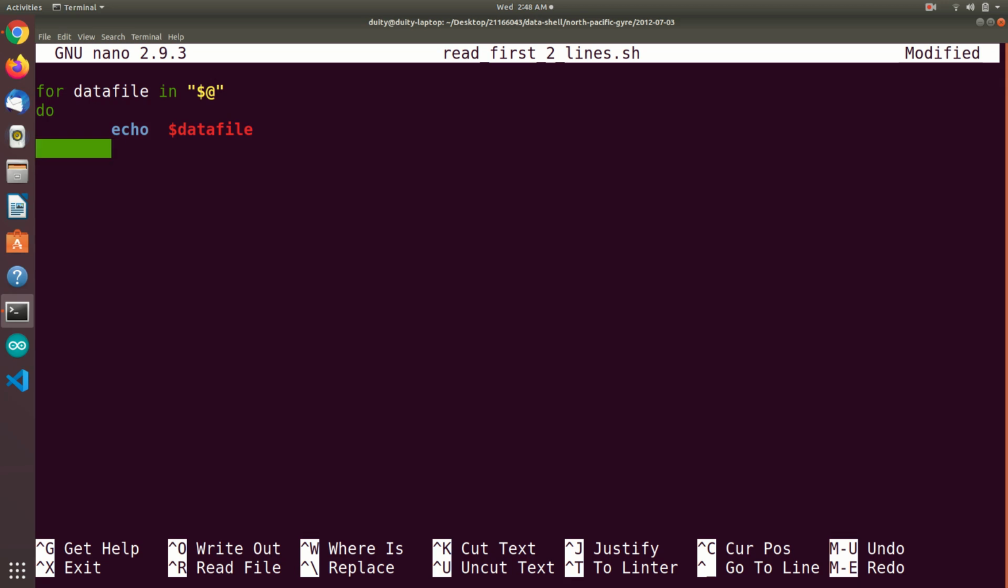Now I will give another tab and head -n 2. I want to see the first 2 lines. I want to take the first 2 lines from the datafile and pipe it to sort. So it will sort the 2 lines, then it will concatenate to the stats.txt file that I created, which is empty now. If I do this and Control O, Enter, Control X,